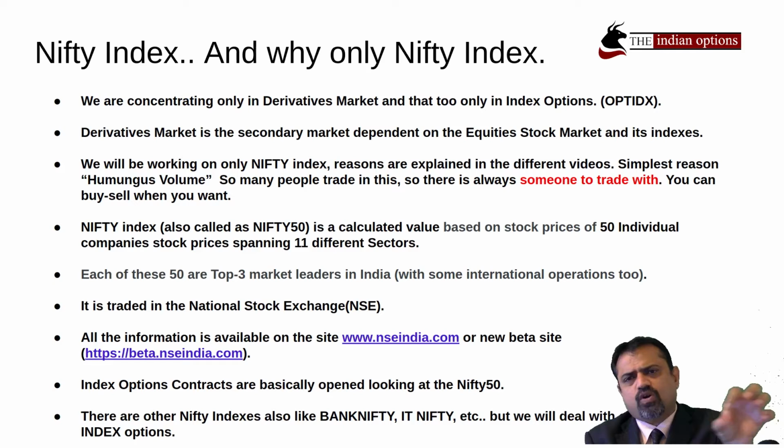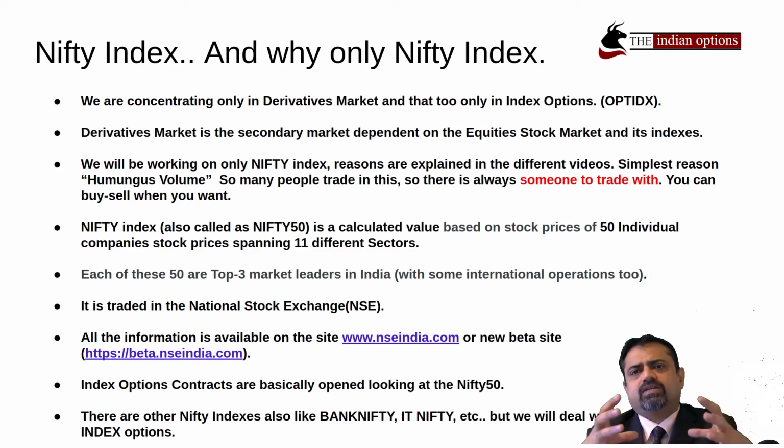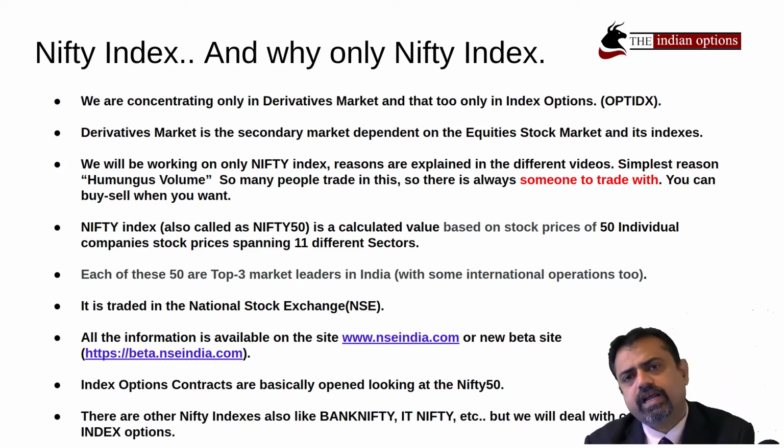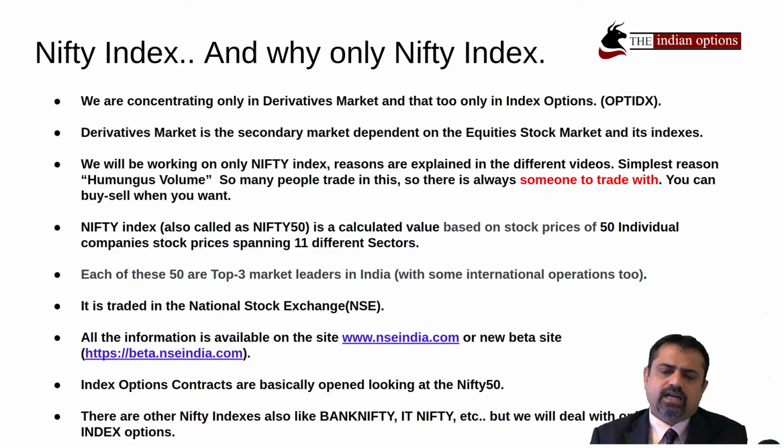And the top 3-4 companies are picked up and made. So this Nifty is like a total of 50 companies and their indexes and their value, basically. Okay, and it is traded on the National Stock Exchange. And if you go to the website, their website is